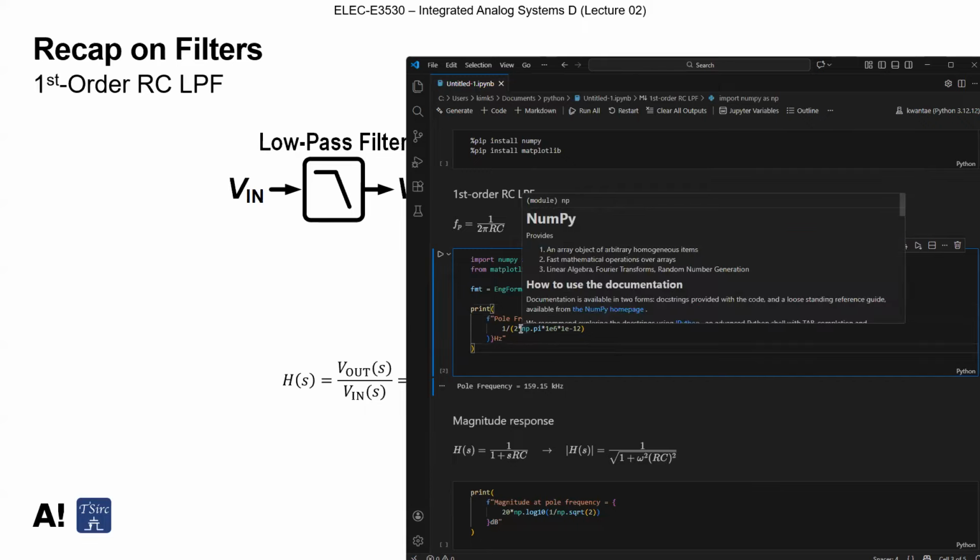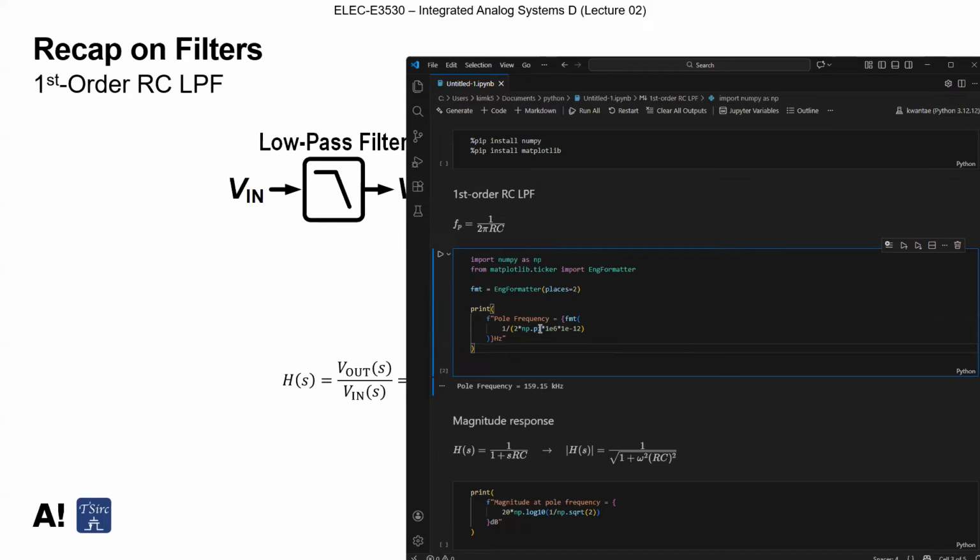And when we run, 2 times pi, we set the resistance value as 1 mega, so it has 10 to the power of 6. And we set the capacitor as 10 to the power of minus 12, which is 1 picofarad. And when we run it,